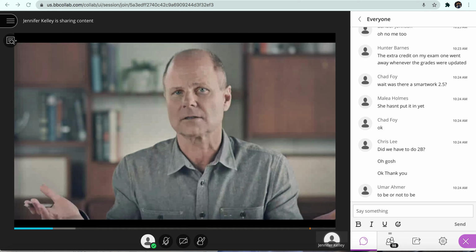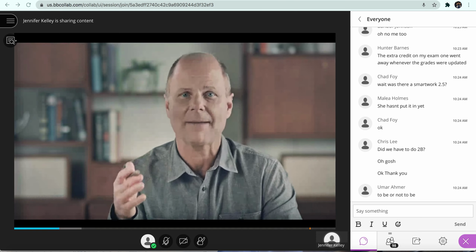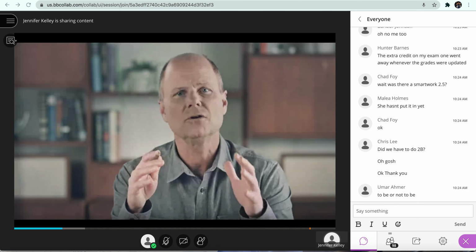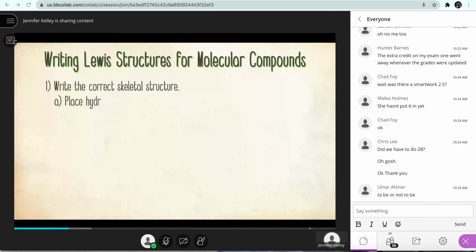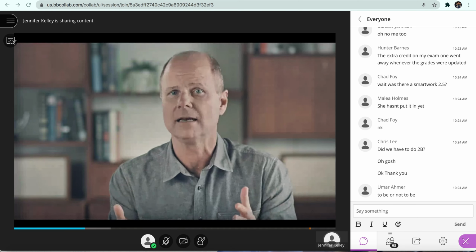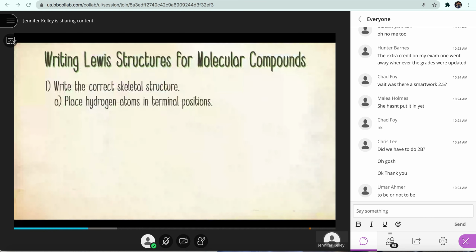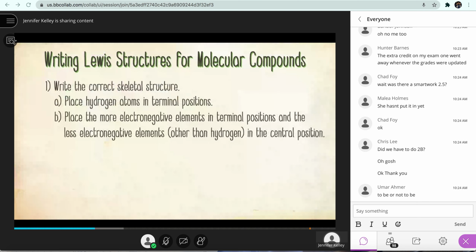How do you determine the correct skeletal structure? Well, the only way to determine it with absolute certainty is to experimentally examine the molecule structure. However, you can write likely skeletal structures by following these two guidelines. First, place hydrogen atoms in terminal positions. Hydrogen does not ordinarily occur as a central atom because central atoms must form at least two bonds. And hydrogen, which has only a single valence electron to share and forms only a duet, can form just one bond. Second, place the more electronegative elements in terminal positions and the less electronegative elements, other than hydrogen, in the